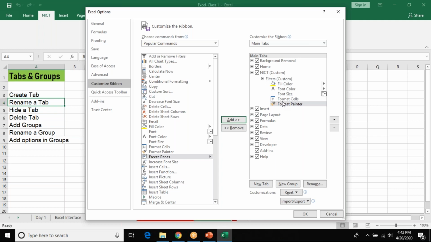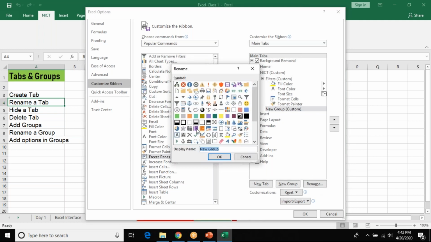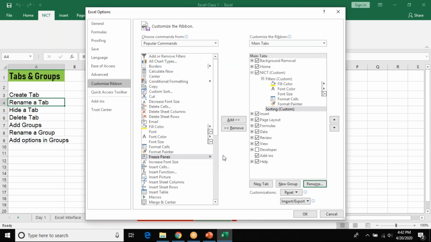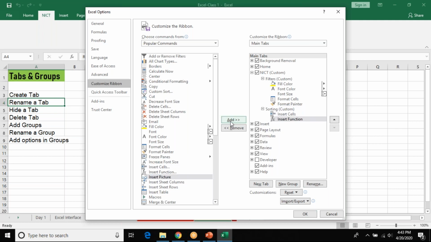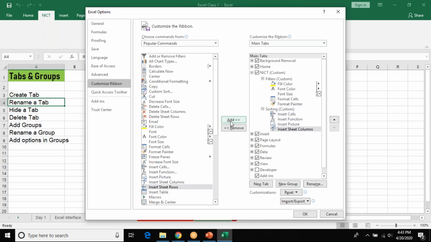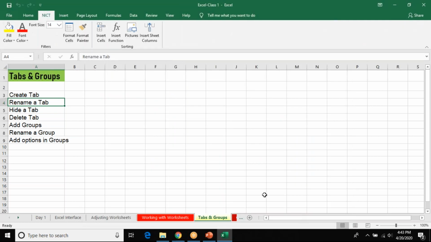I have all this. Now I'll have one more new group, and that group could be Sorting. I can use any logo if I want. So the group name is Sorting. Now under Sorting, I want options like Insert Cell, Insert Function, Insert Picture, Insert Sheet Column, all those things, and then click on OK.